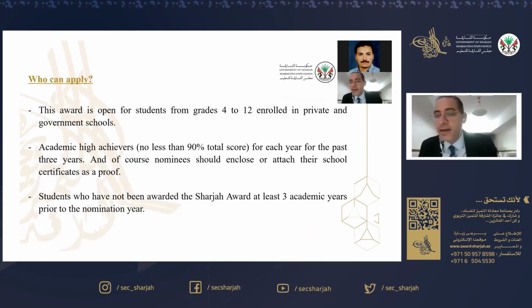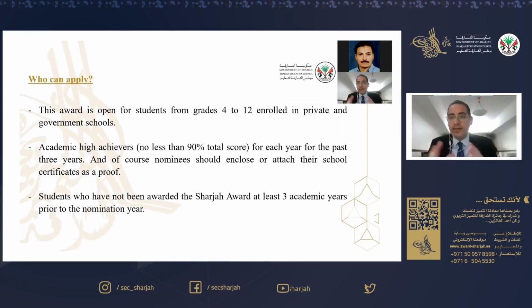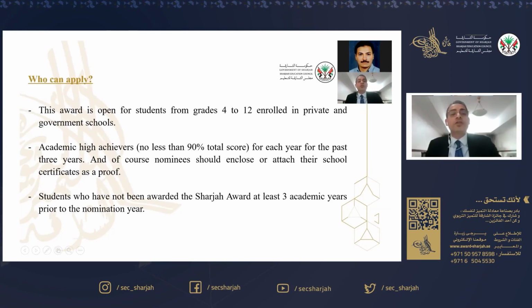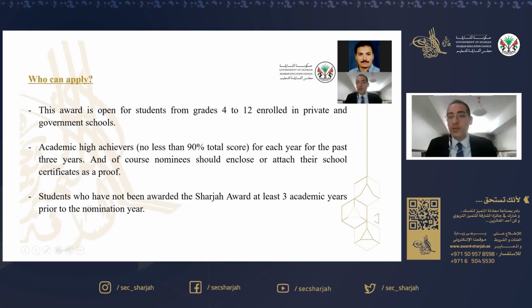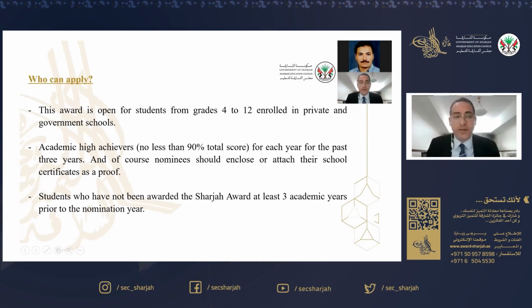Who can apply? I'm summarizing these first two pages. The award is open for students from grade 4 to 12, enrolled in both private and public schools in the United Arab Emirates. So if you are a student from grade 4 to 12, you can participate in this award,